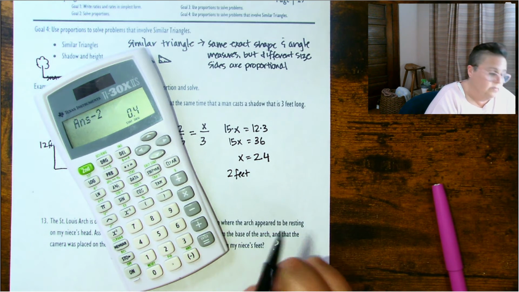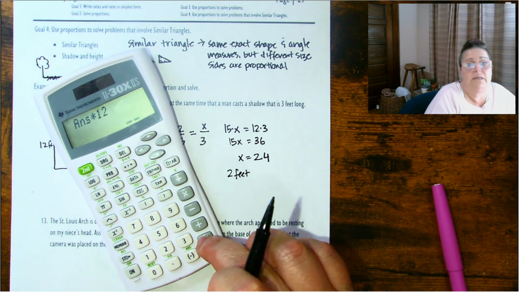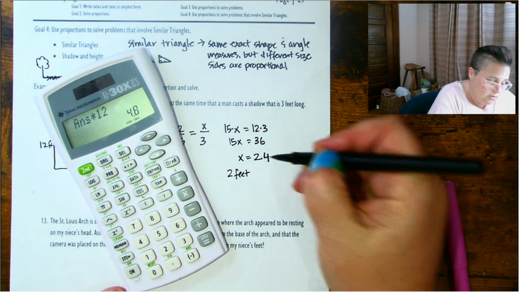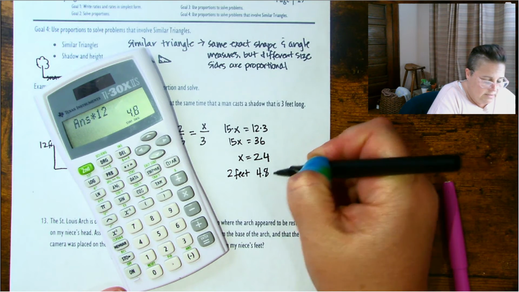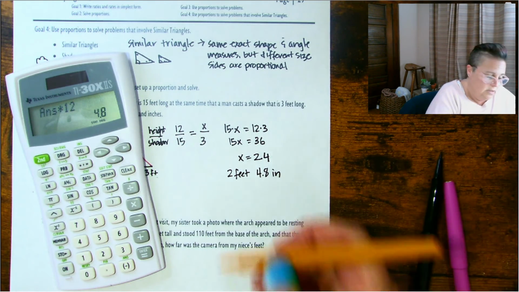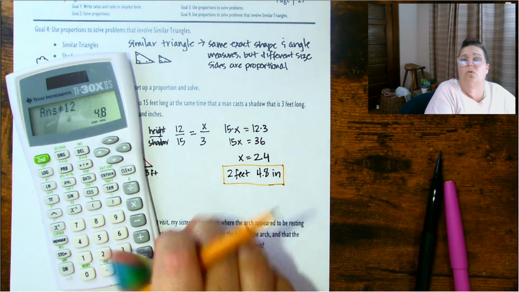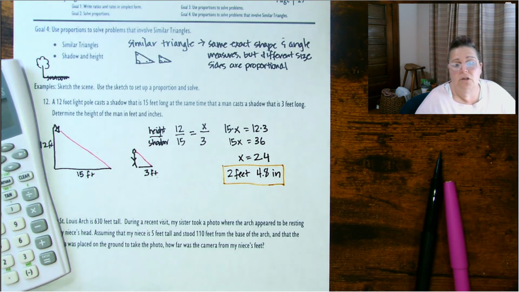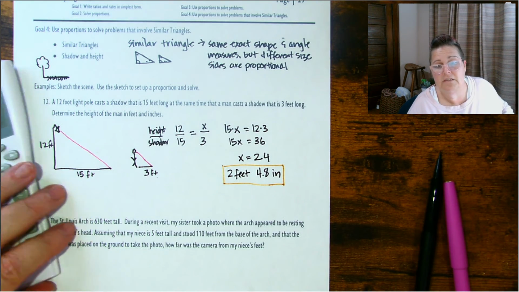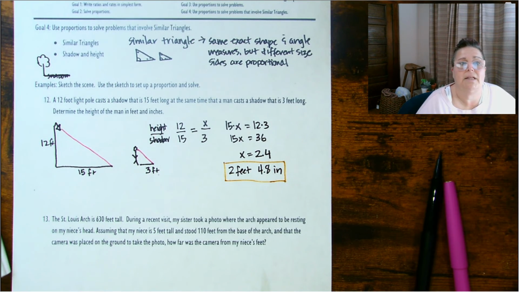It's 2 whole feet. 0.4 is left, which I need to multiply by 12 because there are 12 inches in a foot, 4.8 inches. So this is 2 feet, 4.8 inches. I don't know if this man is just particularly short or maybe it's a man-child, but this is 2 feet, 4.8 inches. Doesn't make a whole lot of sense, but